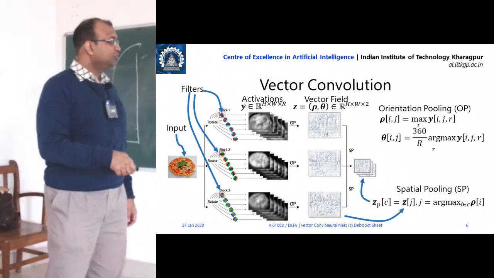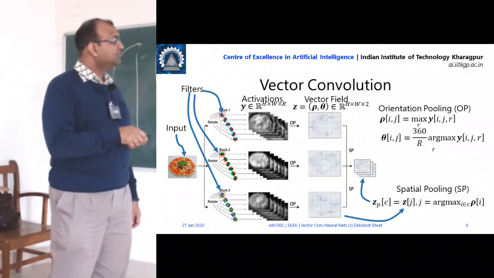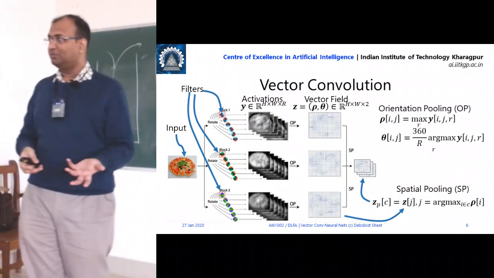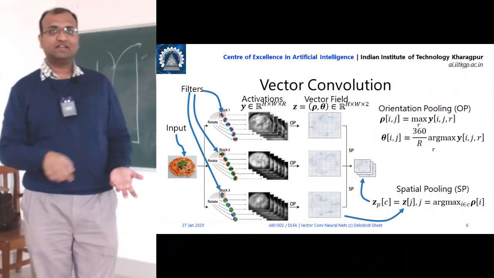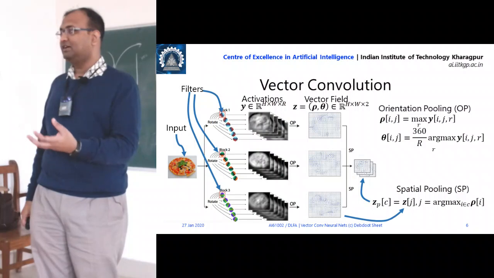Now in spatial pooling, you are going to retain the theta for which you have the maximum amplitude. My max pooling is going to operate like that. You can in fact define something like a max angle pooling as well, where you take whatever is the maximum angle,